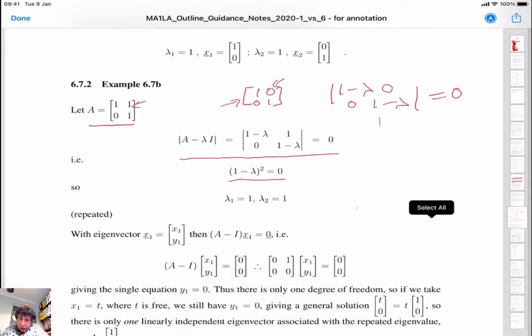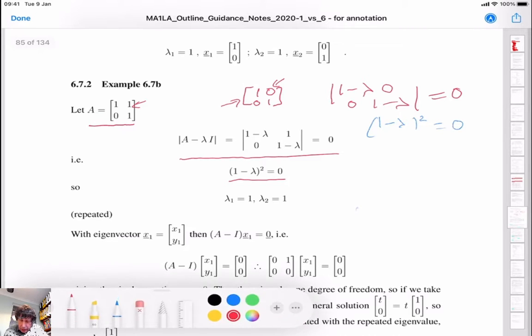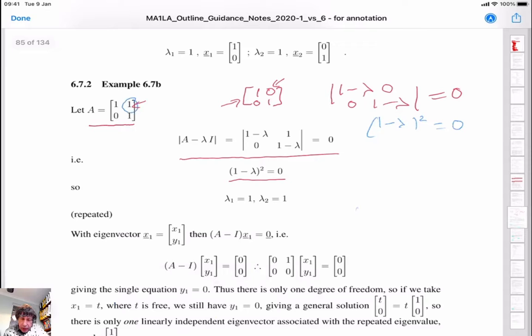In this case, if you multiply out the determinant, you find this is equal to 0. So the same thing happens if one forms the characteristic equation, even with this number now being 1 and not, as it was previously, 0. So you still have repeated